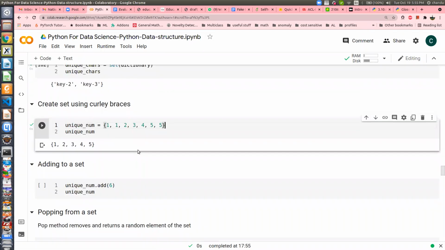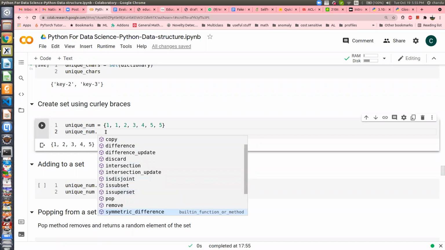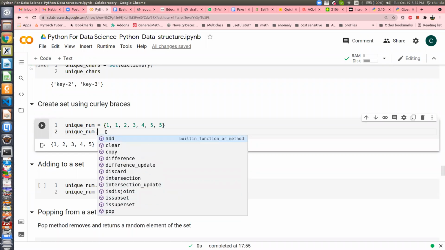Now you can put a dot and explore. What are the different methods I can call? Clear, copy, difference. Difference is basically set difference. You can do set intersection, issubset, isdisjoint. So many functions, like set difference, union, and intersection, you can perform.